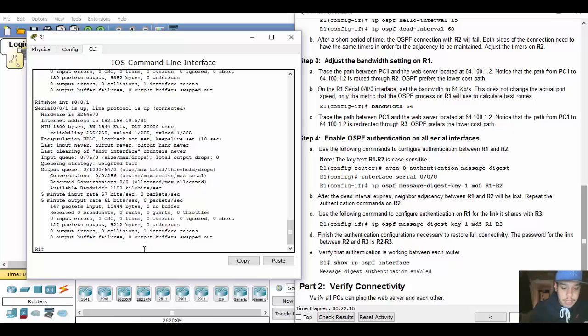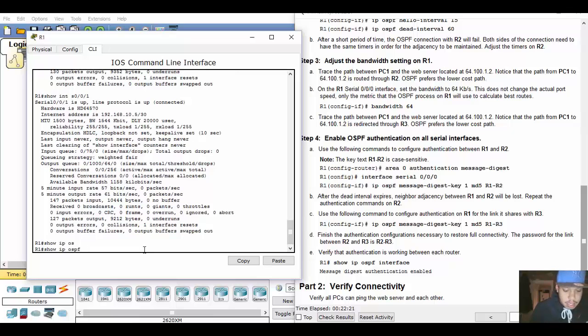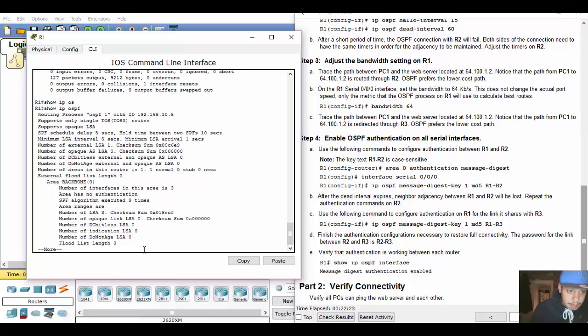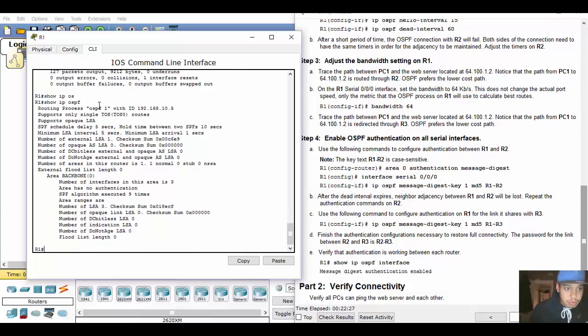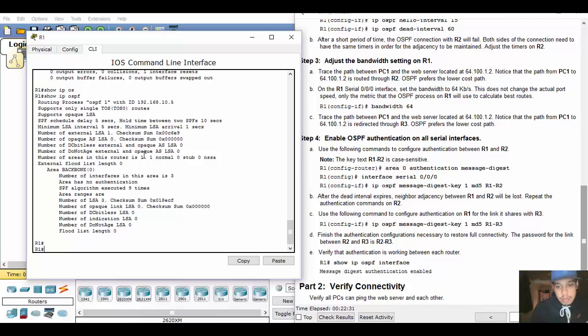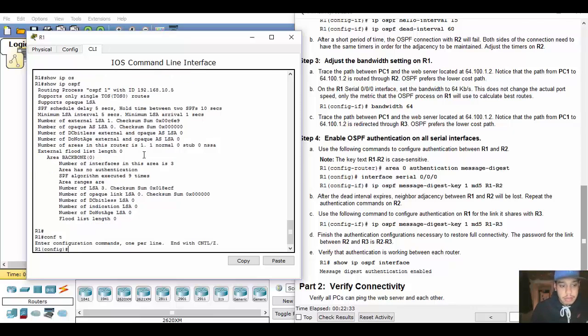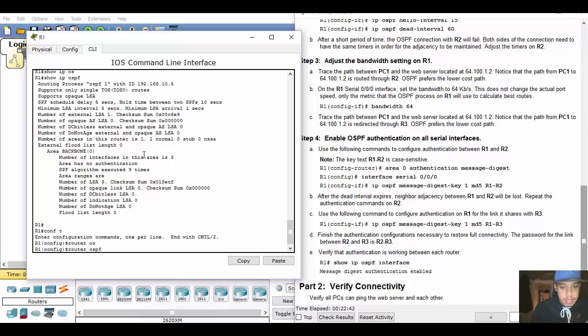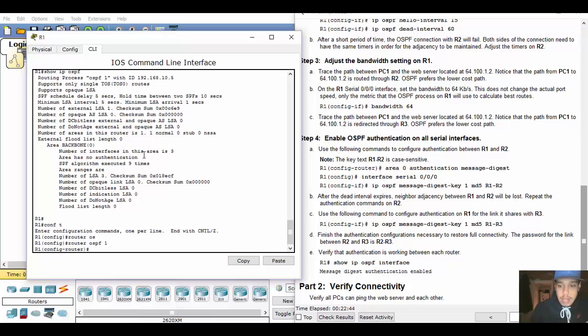So we'll have a look, show ip ospf. So we can see the process ID is 1. So we'll do a global config, router ospf 1. Nearly forgot how I'm doing then. And we'll do an area 0